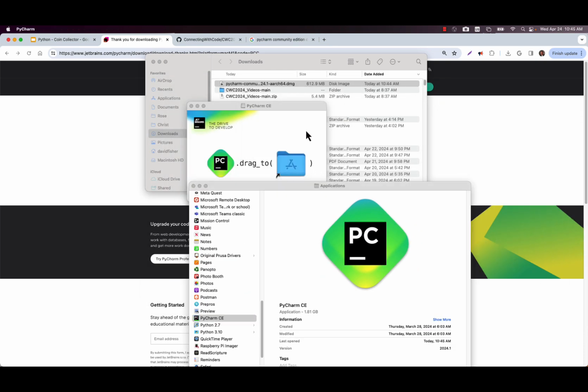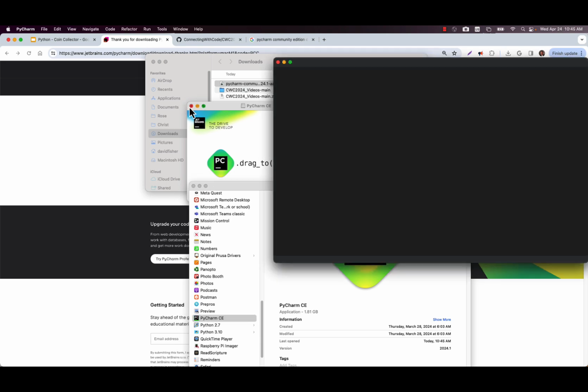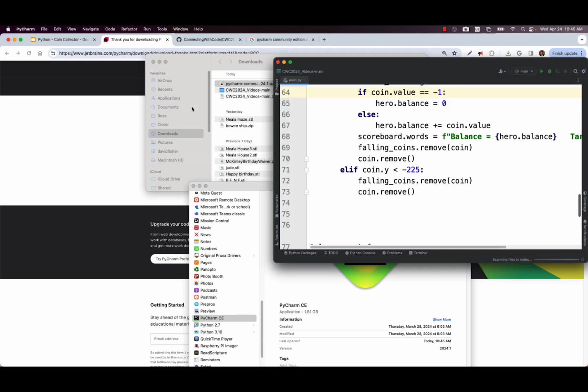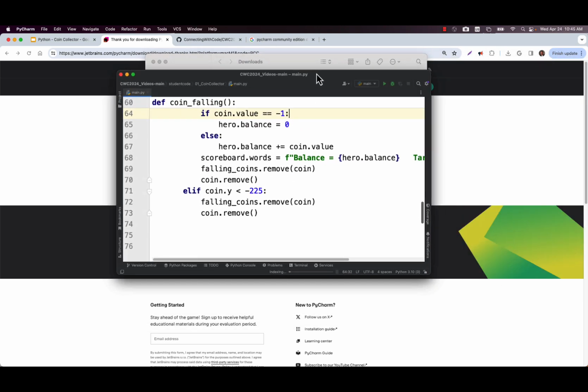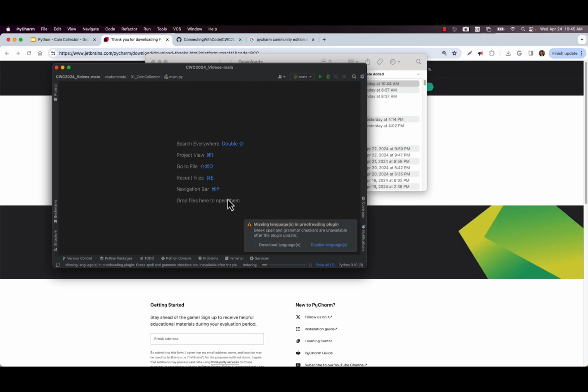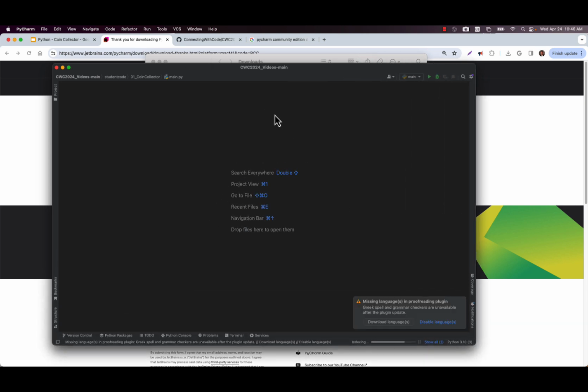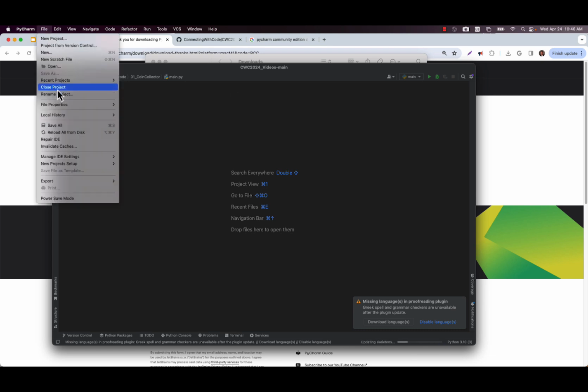And so this is the first time on my Mac. Your Windows machine will look different. It'll take it a little bit to open. Who knows how long it'll take to open for you. But it should eventually open. Mine opened to a weird spot. Mine opened remembering my old version of PyCharm. That was kind of too bad. So let's see if I can get it to look more like what you probably see.